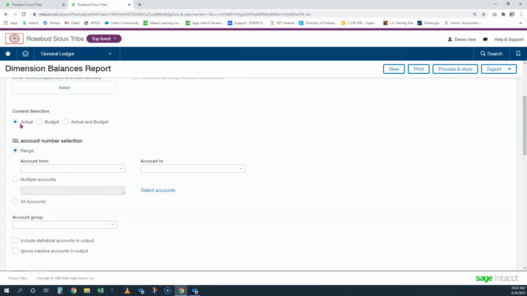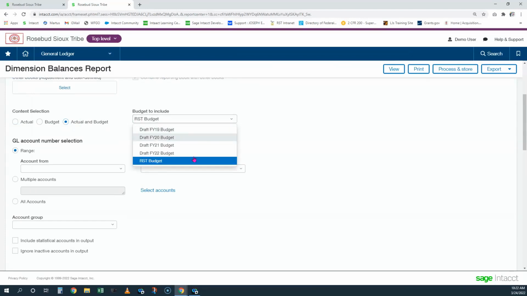We get to select if we want to see actual numbers, just the budget, or actual and budget. So I'm going to select actual and budget. Our operating budget in Intacct is called RST budget. So that defaults to there, we're going to leave it there. One of the things you can see when you click here is you can access your draft budgets from prior years or the current year if we were working on FY23, now that's available. So you could access draft budgets if you needed to. But we're going to use the current budget,